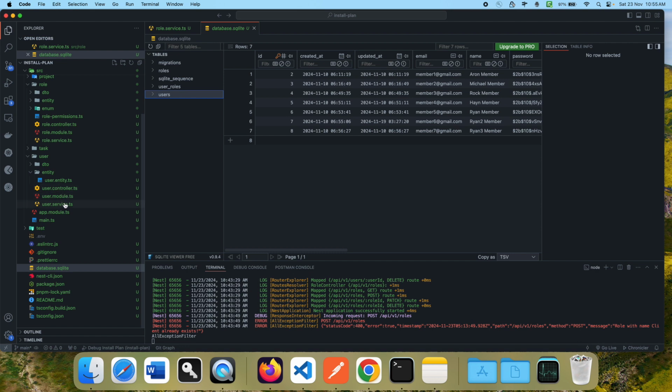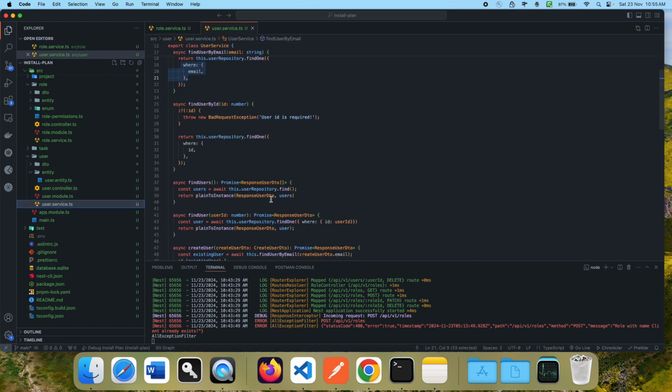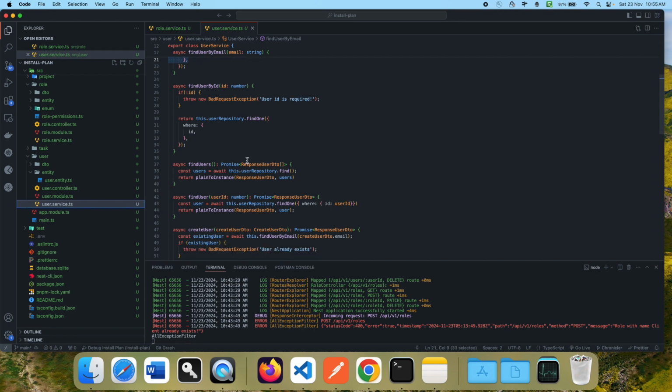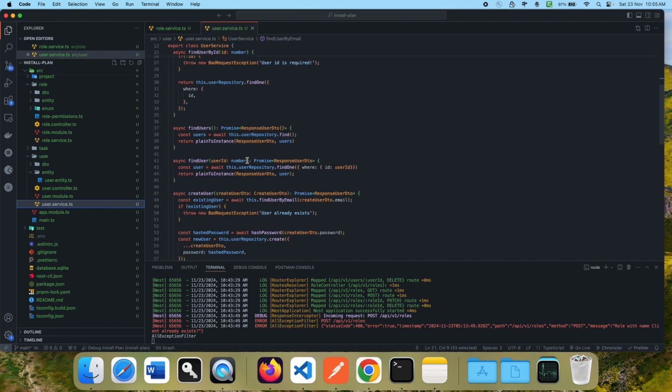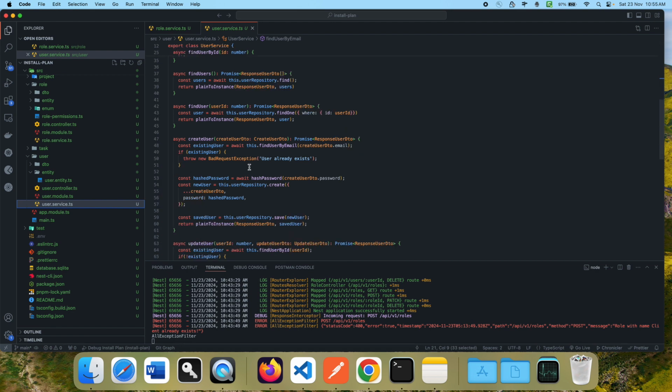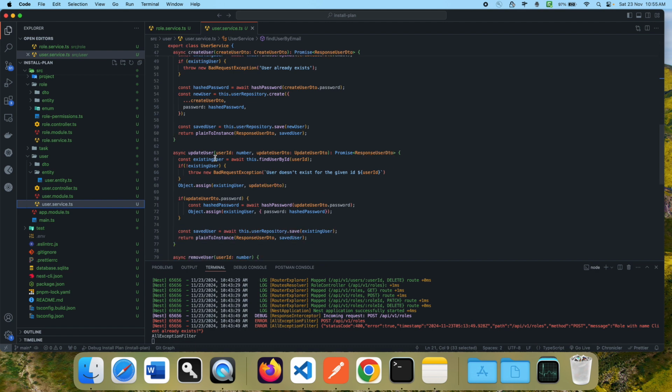While creating a user, we can pass a role as well, as well as while updating a user, we can also pass some role, assign some role. So in these two cases, we'll have to add a role, we'll have to link a role with the user creation or updation. So what I'm going to do next,